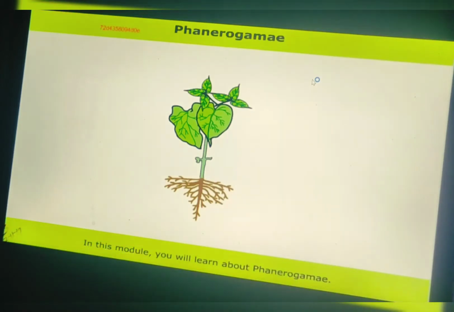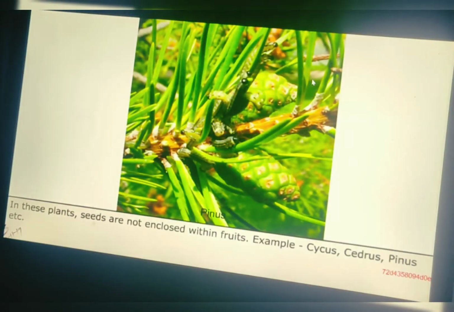In this module you'll learn about Phanerogamae. Our plant kingdom comprises a variety of plants. These plants are distinguishable from one another on the basis of some specific characters. Among them, seed-bearing plants, or plants that produce seeds, come under the category of Phanerogams. Phanerogams are further divided into two groups,